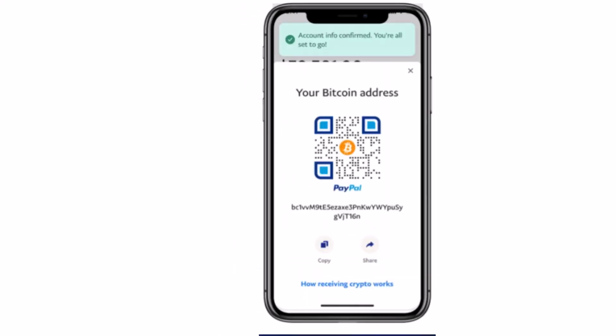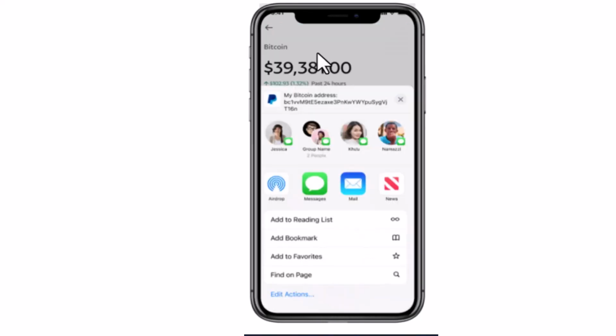And once you're done verifying, on the other interface select the crypto that you want to transfer or receive, and as you select the crypto, on the other interface you'll have the wallet address. So what you need to do is copy the wallet address, or you can simply tap on share as well. And once you're done copying the wallet address, on the other interface you have to paste the wallet address, and then you have to select the contact to whom you want to send or where you want to receive the Bitcoin. So after you're done selecting it, tap on confirm, and you've successfully received or transferred Bitcoin